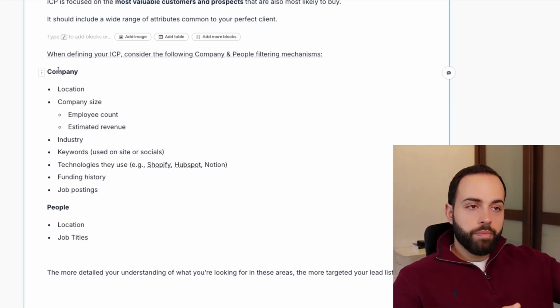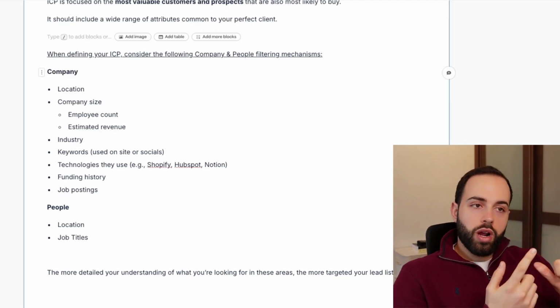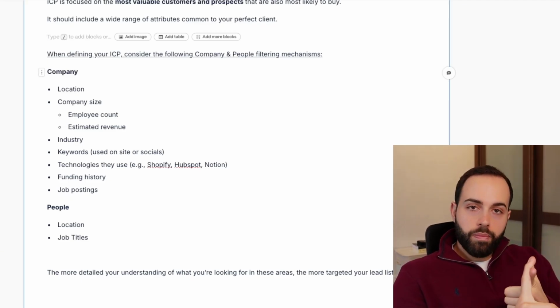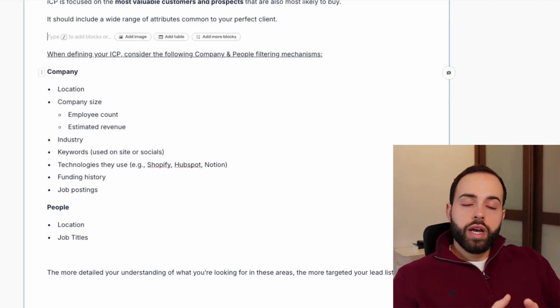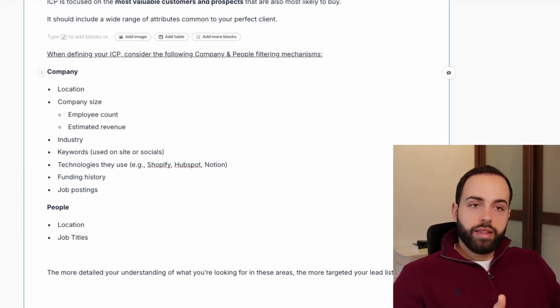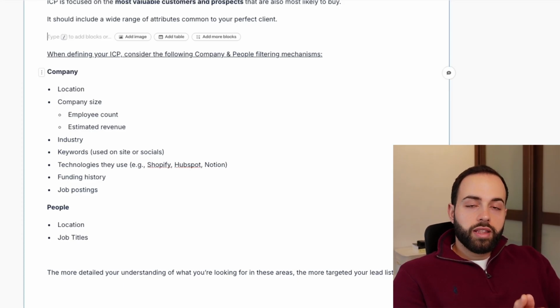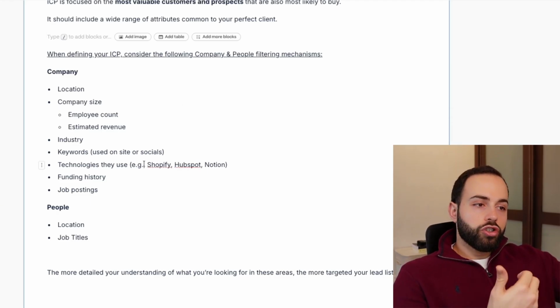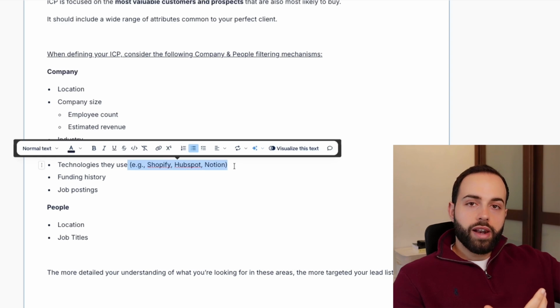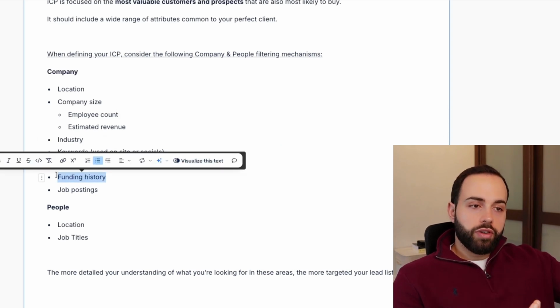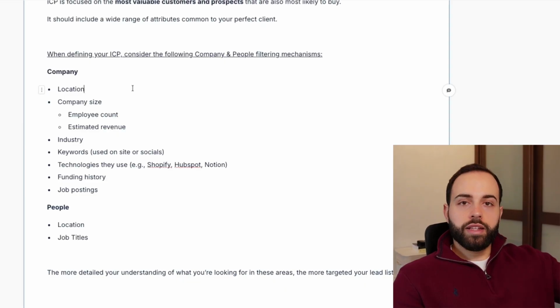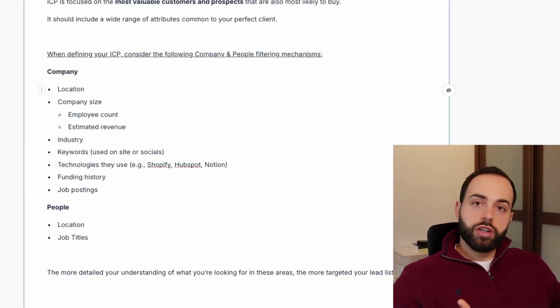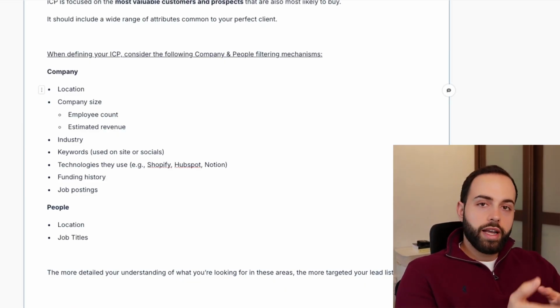Now, when it comes to the company, you can think of the locations. Where are these companies located? What is the company size, which can be split into two? It's the employee count, but also the estimated annual revenue, the industry, the sub-industry, the keywords that they might have on their website or their social media, technologies that they use, Shopify, HubSpot, Notion, whatever kind of technologies they use, funding history. So have they recently raised any funds, and job postings on LinkedIn? So are they actually hiring for any certain positions that are relevant to the kind of product or service that